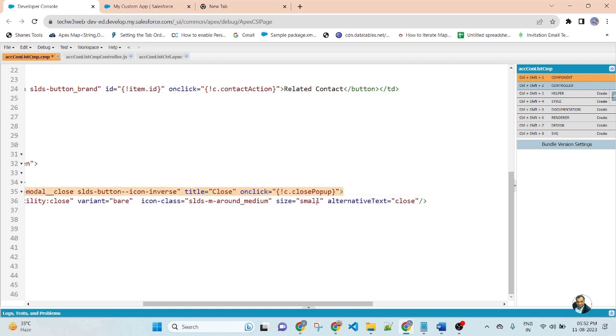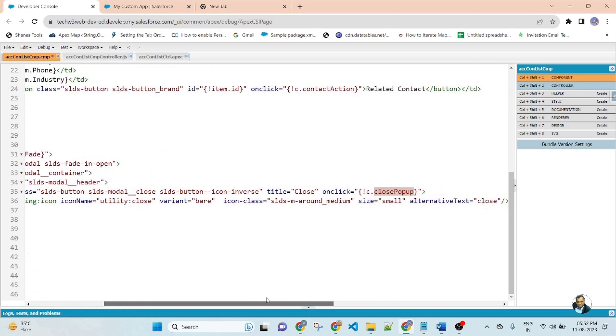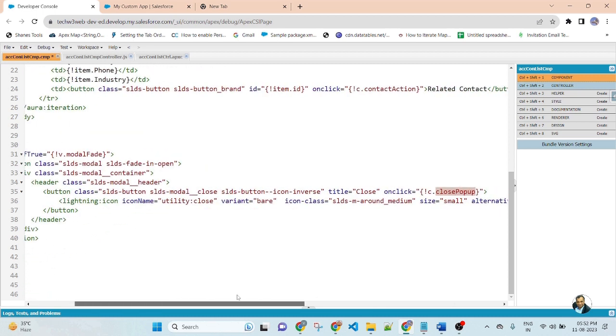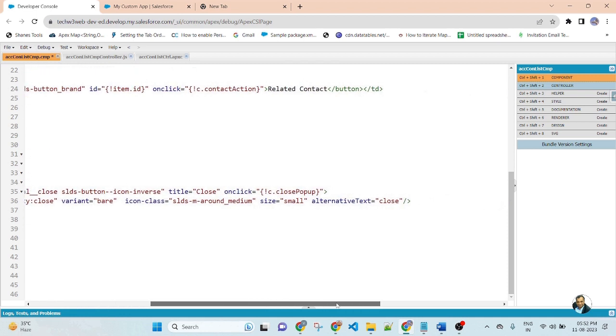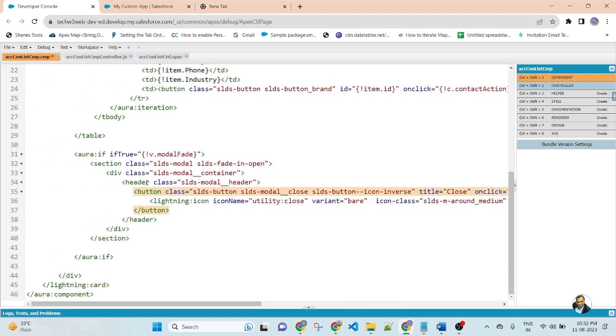I apply a title, and inside the button, I use the function closePopup. So when I click the button, the modal pop-up will be closed. And here is a lightning icon, I apply a cross icon. So I created the header.